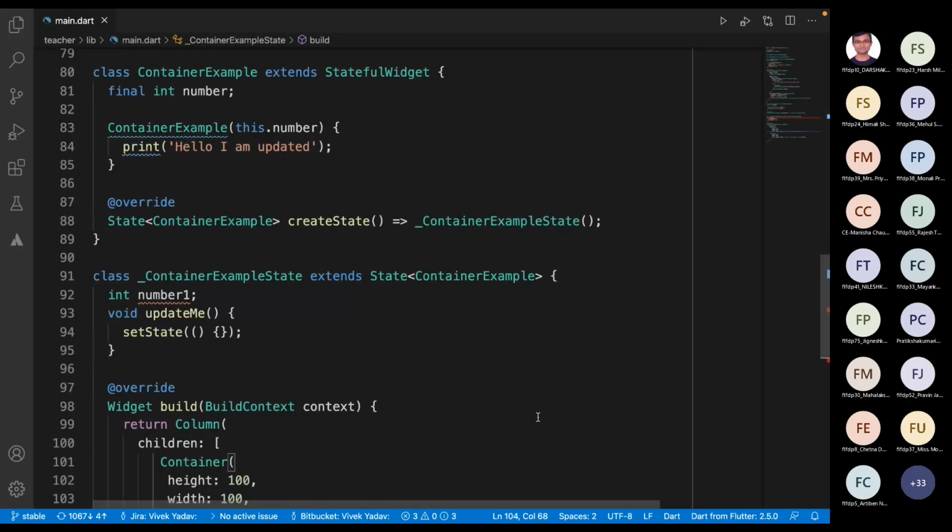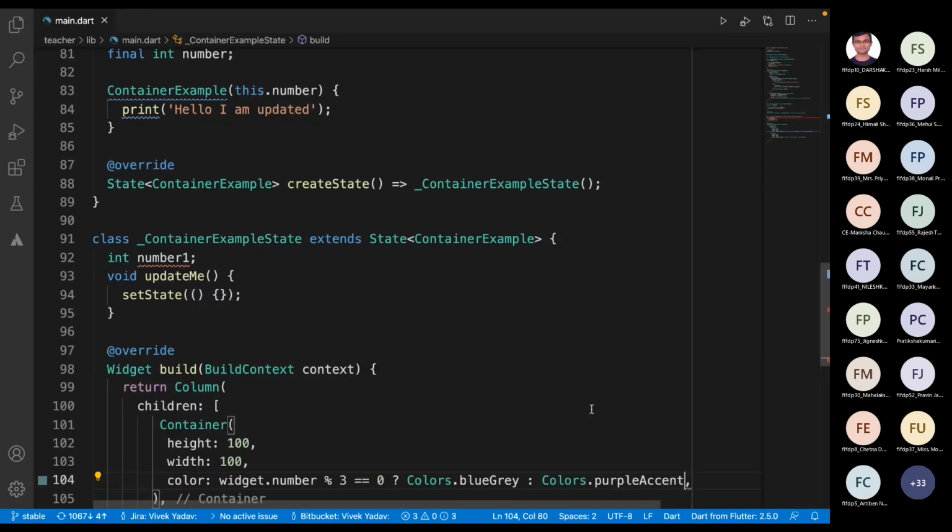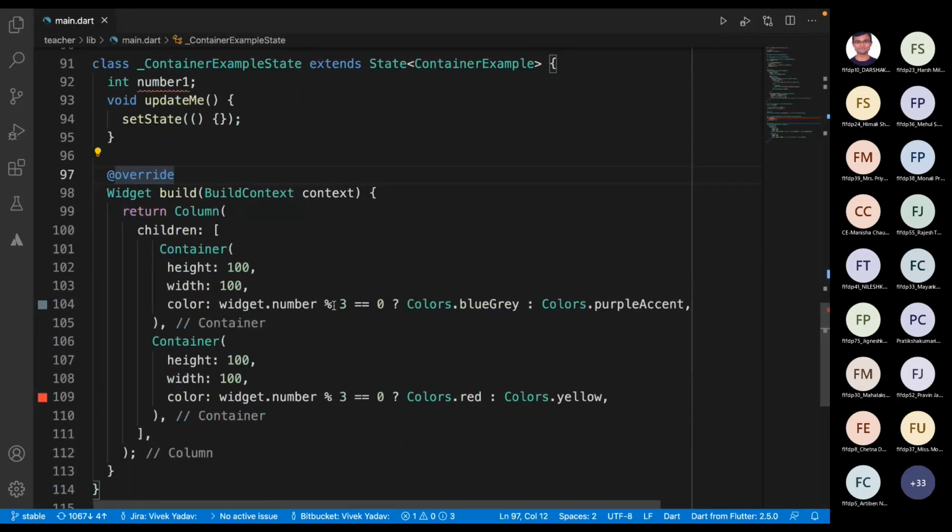Oh, where did it go? Perfect. Okay. And here the condition will be on number 1. Let's have its value as 0. So then the default value is 0.